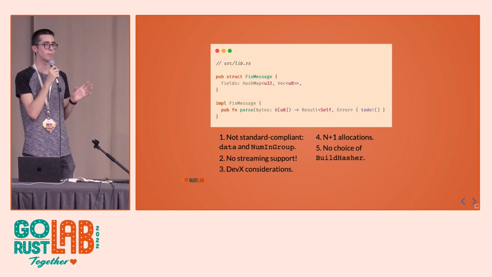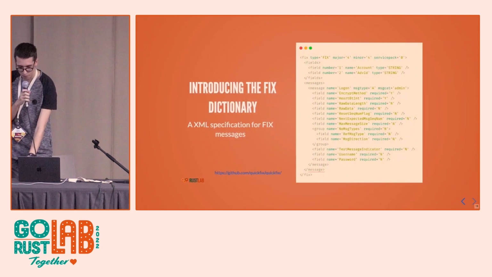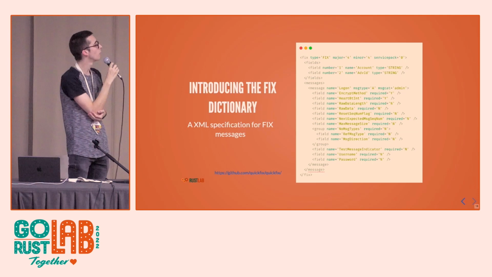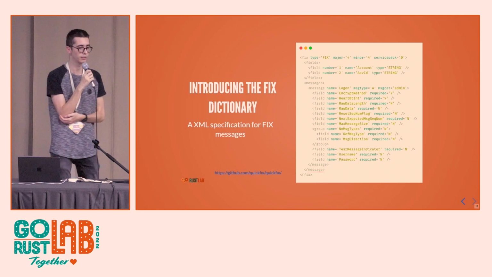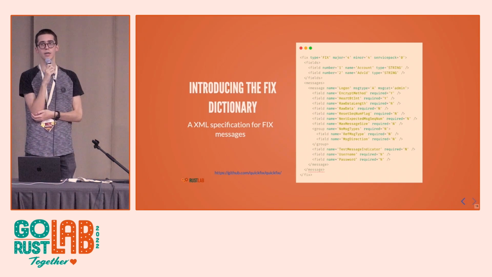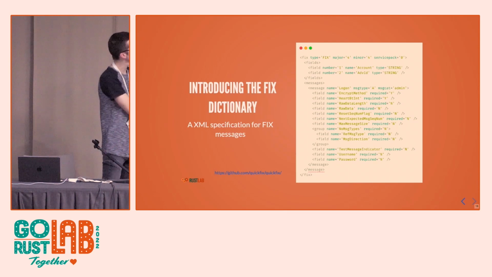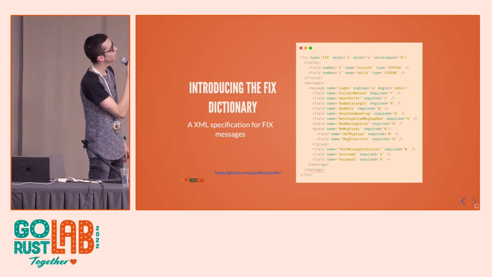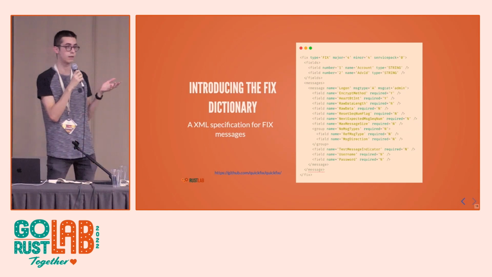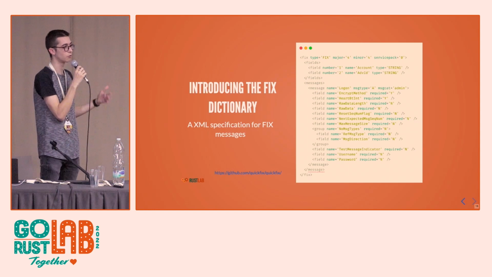So these are the problems that we have with this very basic solution to the problem. And the first solution that I'm going to propose here is to leverage the FIX dictionary. Now, the FIX dictionary is something that the FIX protocol authoring body publishes for every single FIX version. It's available for free on the website, and it is an XML specification, a wonderful XML specification of what the tags mean, their data types, so whether they are simple strings, maybe they're groups, or maybe they're data. So that kind of information is really useful to us, and we need it in order to parse correctly all